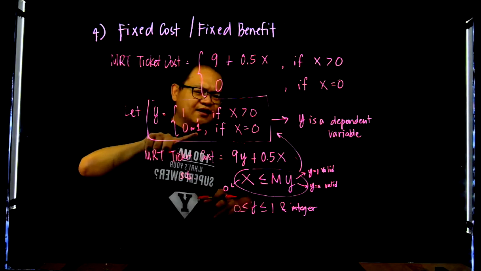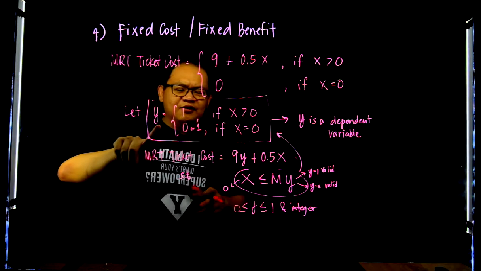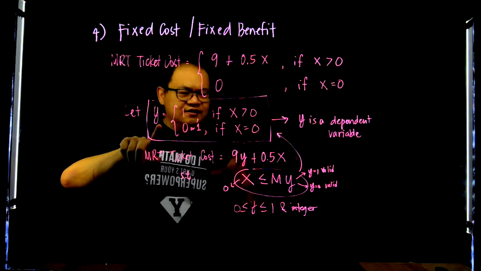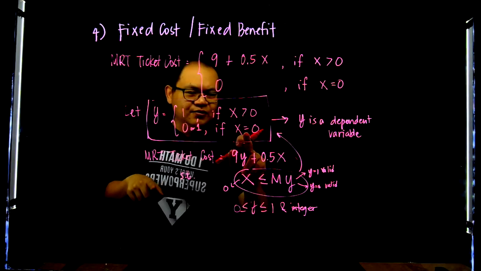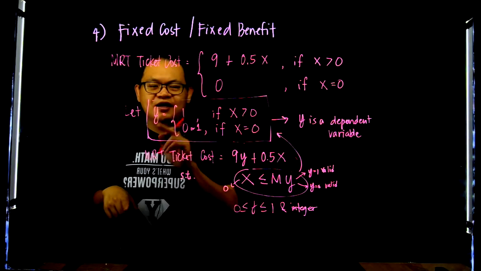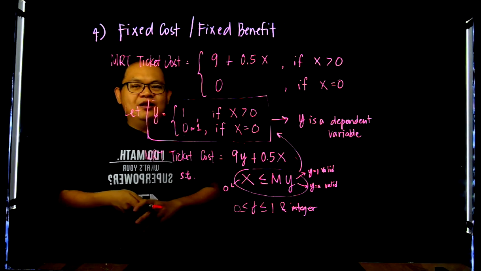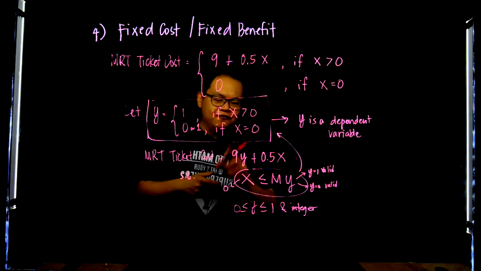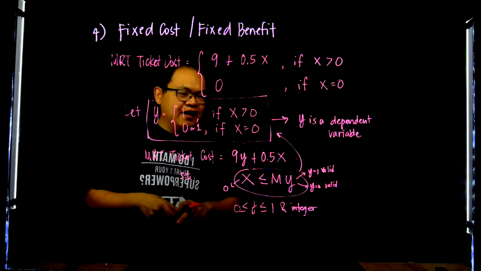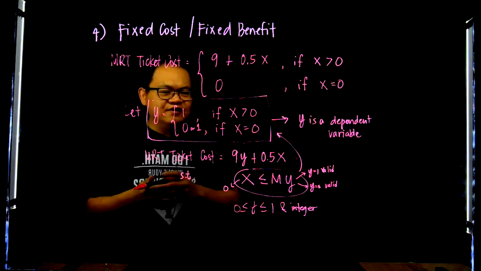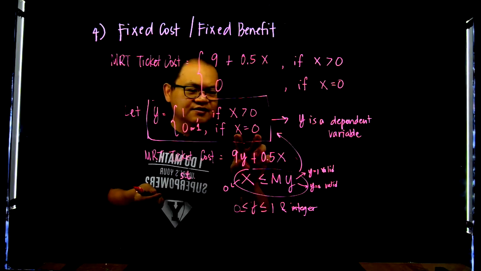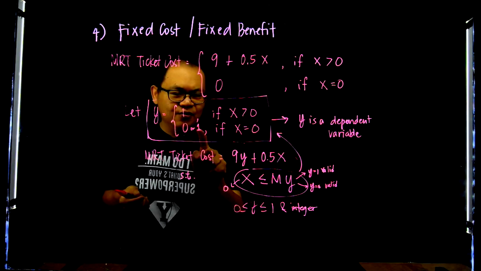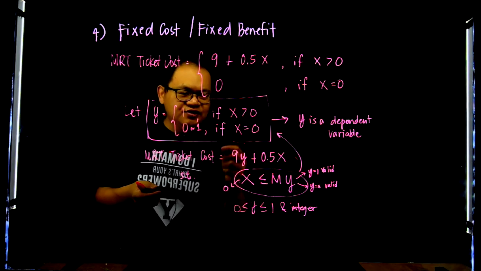However, this is not our original intent for y, because our original intent for y is if x is equal to 0, then y should be equal to 0. Now, let me explain this in two ways. First, if you have a scenario where if x equals 0, y can either be 0 or 1, and because y,